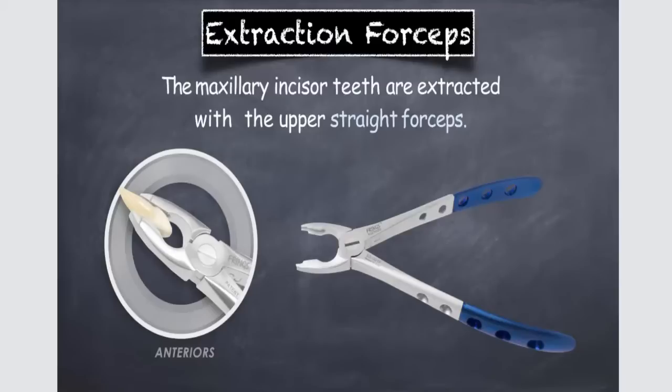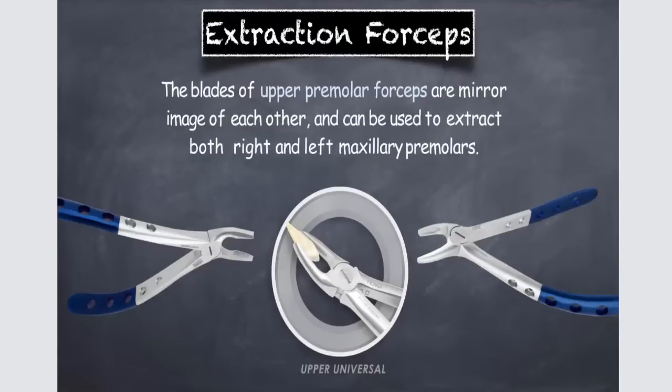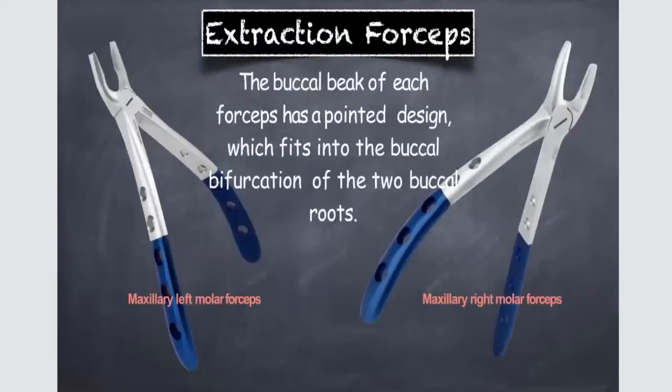I know you're probably listening, but you can see what it looks like here. This is the design, and we've shaped many different of these. I'll show you some of the new ones in a moment, but there's the anterior ones that we use for the upper teeth, and there's extraction forceps. Typically these premolar extraction forceps that we hold one way for one side and one for the other. These can be used universally, so you can use either way based off of the shape, which is a nice